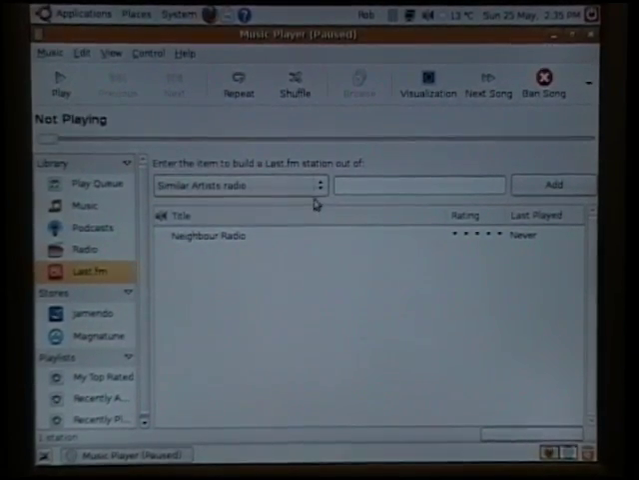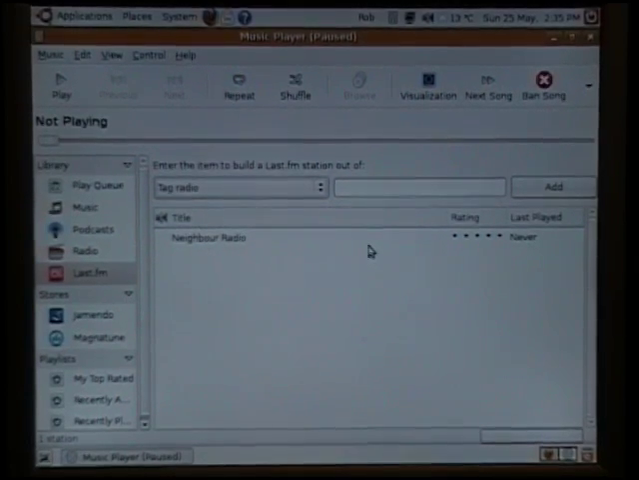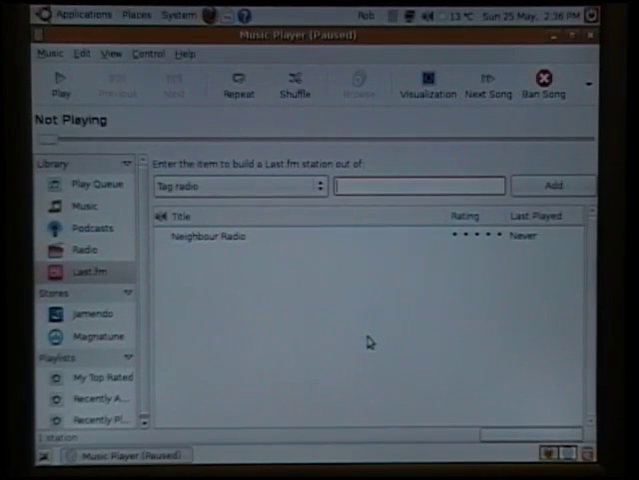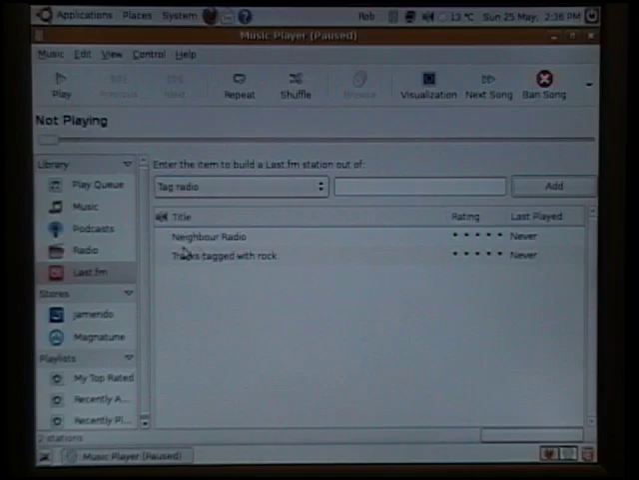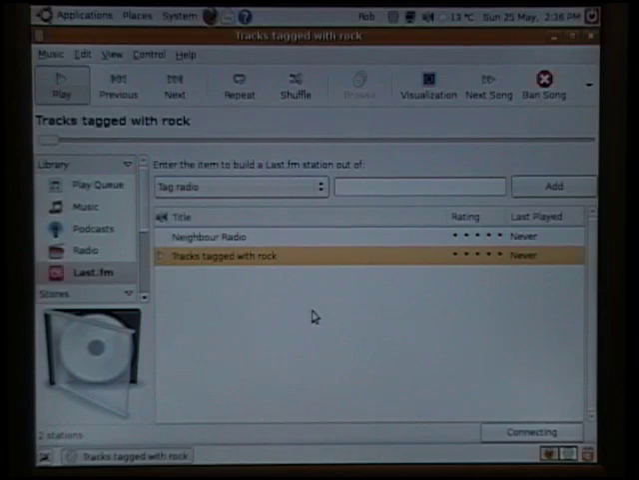There are a couple of different options there. There's similar artists, and then there's a tag. What they mean by tag, if you're not familiar with it, is that you could put in rock, metal, hard rock, 80s, stuff like that. So let's put in rock and add, and now there's our music there for rock. Just double click it,